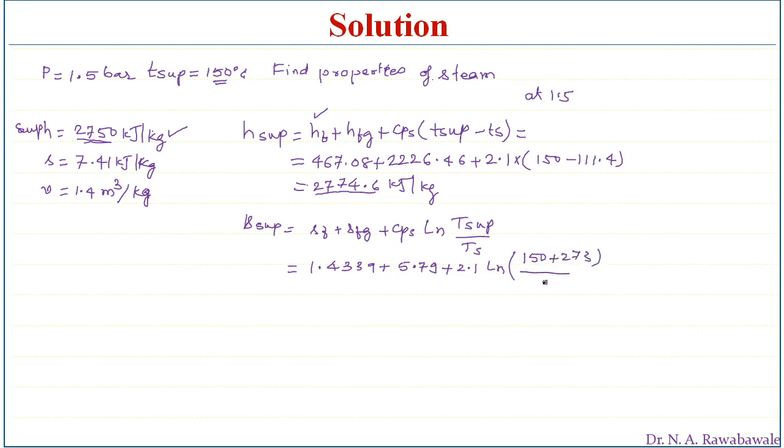Temperature of saturated steam is 111.4 plus 273. So this must be in degree Kelvin. Temperature here must be in degree Kelvin. On simplification, we get entropy of steam, superheated steam, as